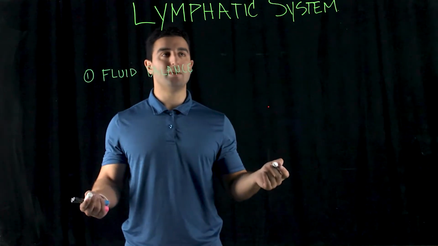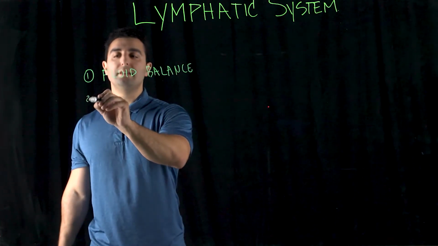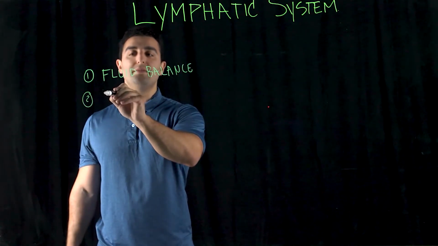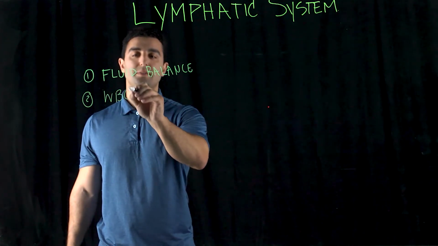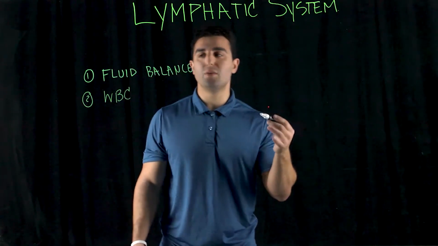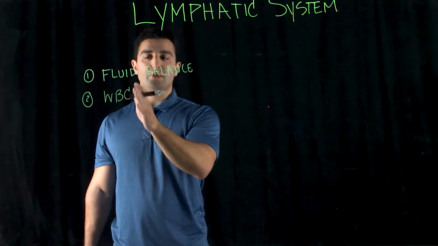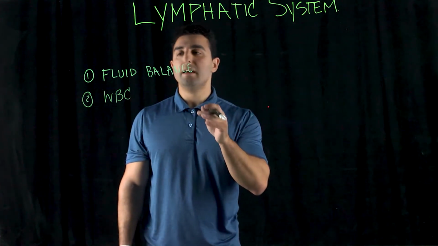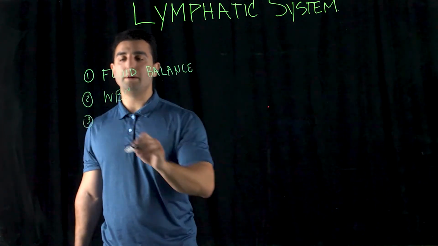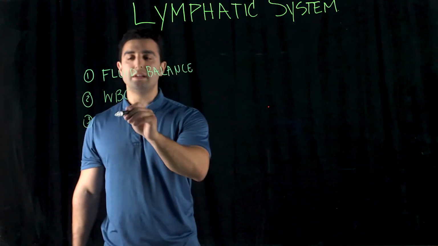It is an open system, so it can receive all this fluid constantly. And the second main function is the maturation and development of white blood cells, specifically lymphocytes. If you ever hear the word lymphocyte, these are white blood cells that reside in the lymphatic system. They are reserved there in preparation for any kind of pathogen. The third function overlaps with the second, which is the sterilization